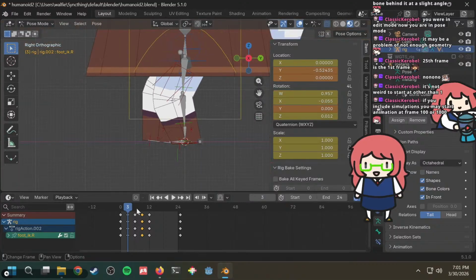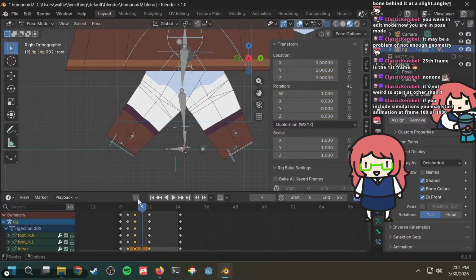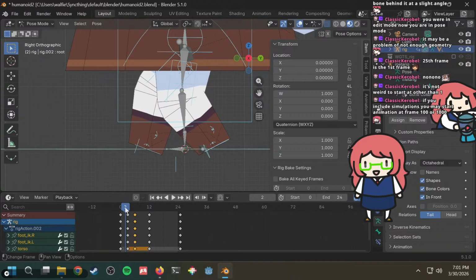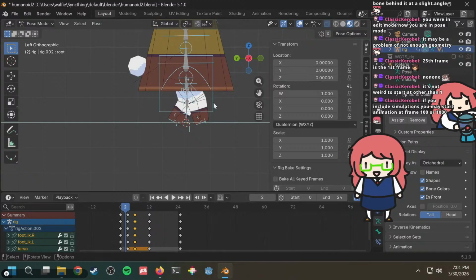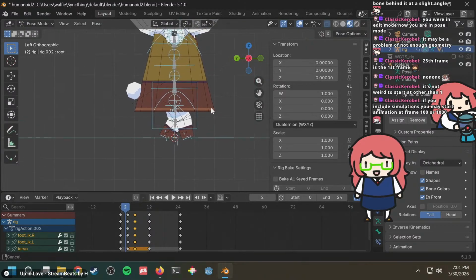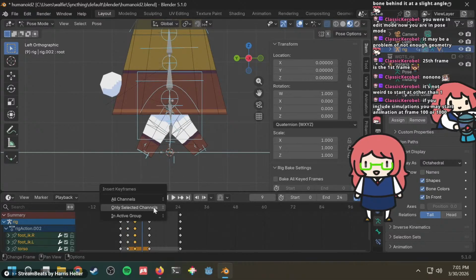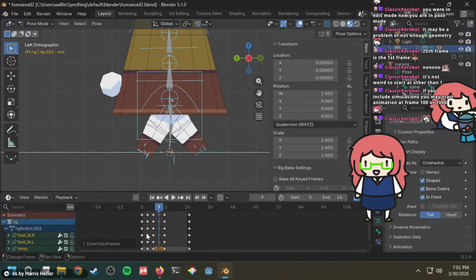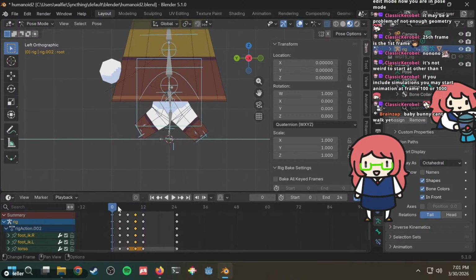Wait, what? What happened? Wait, hold on. Am I editing the wrong thing? Why is the leg bent like this now? It's rotated. The leg is flipped. What did I do? Oh, I'm flipped. Okay. I was concerned. I thought the rabbit was facing the other way. No, it's fine. I just misunderstood. I should have looked at the tail. The tail would tell me where it is.